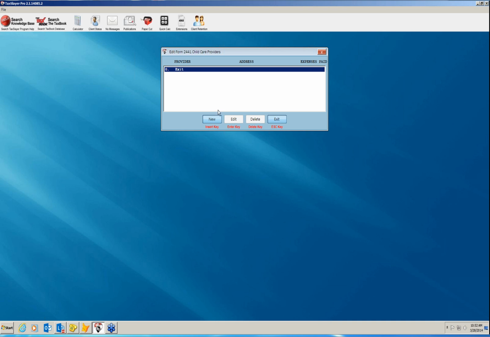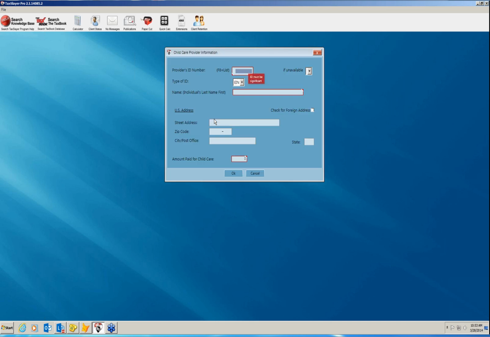Again, to enter the daycare information, I just hit the New button, give the provider's EIN number, the address, and the zip code, and once again the city and the state will automatically fill in. Now I need to re-enter the amount that I paid for child care,